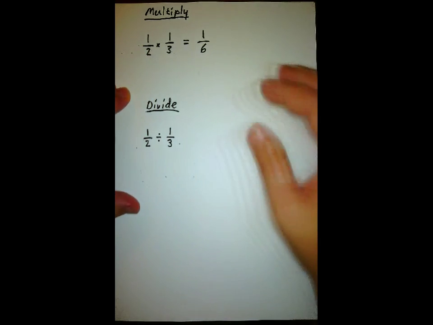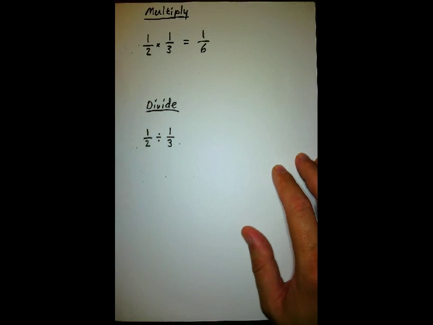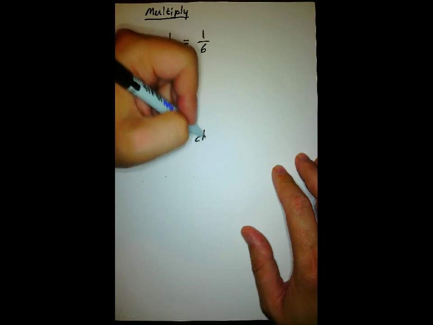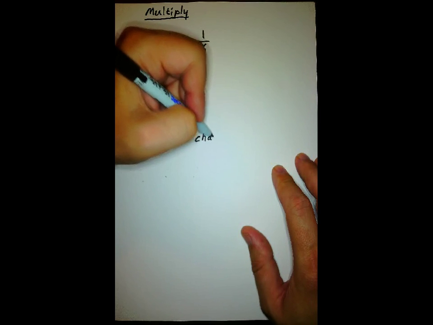And let's see how this works. So up here we had 1/2 times 1/3. Down here we have 1/2 divided by 1/3. So with division, let's remember something, a little method called